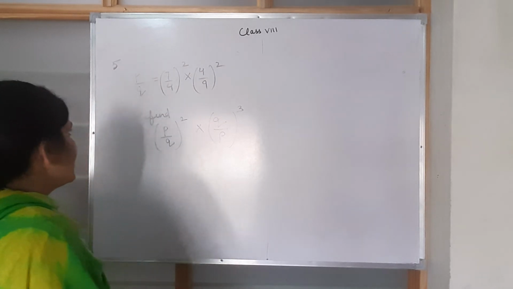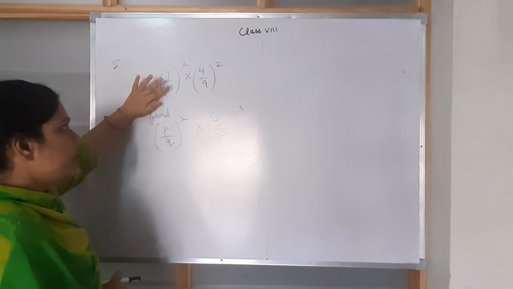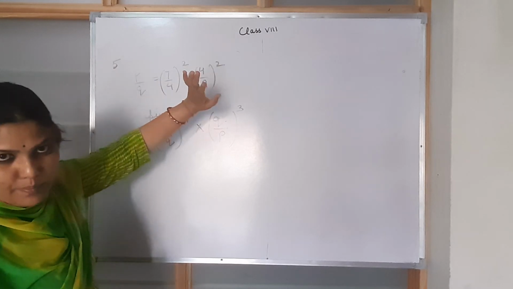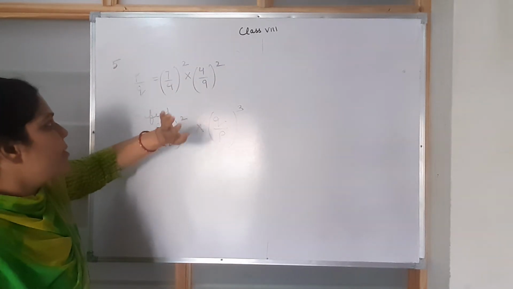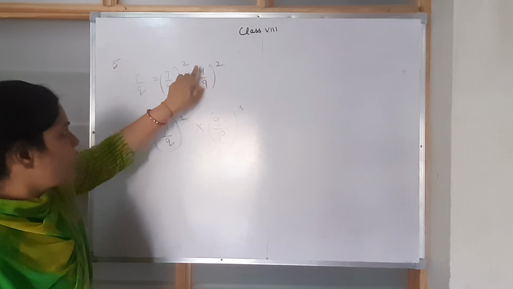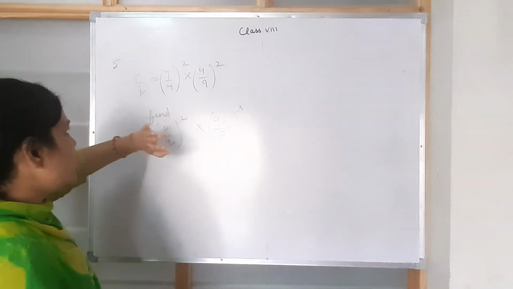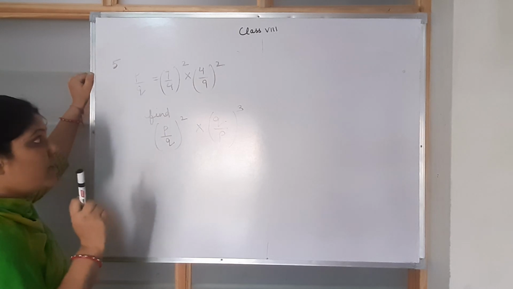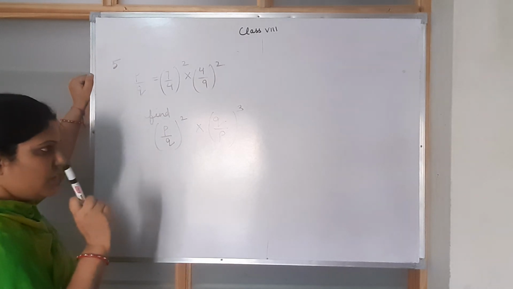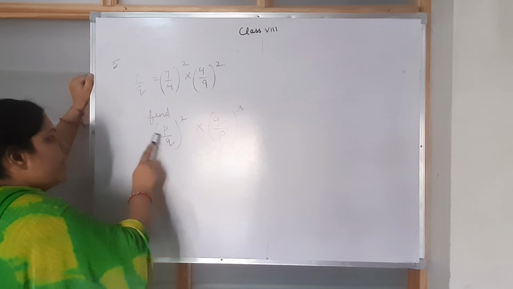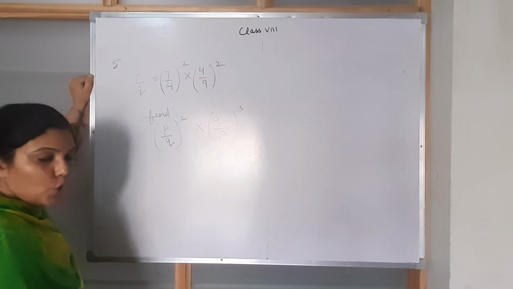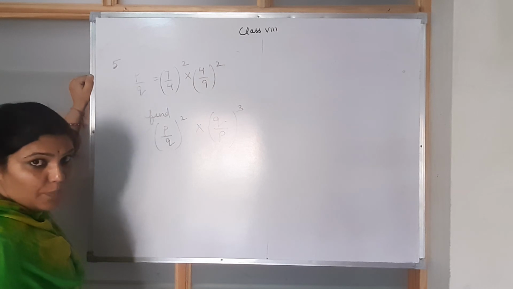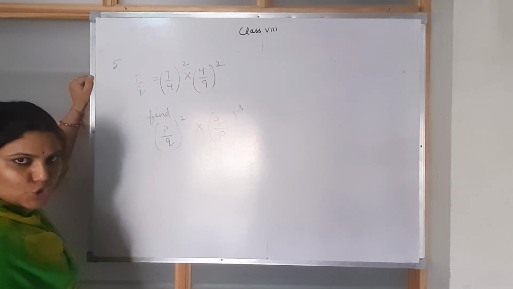Okay, so just look here. P upon Q is given to you as this. Powers are the same, so we can multiply the bases. So 7 upon 4 into 4 upon 9 whole raised to the power 2, and then 4 and 4 cancel. What will we get? We will get 7 upon 9 whole raised to the power 2. So we will put the value of P upon Q here, and here we will put the value of Q upon P, and then we need to solve it.